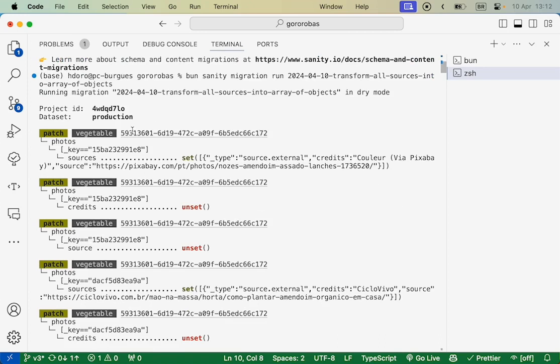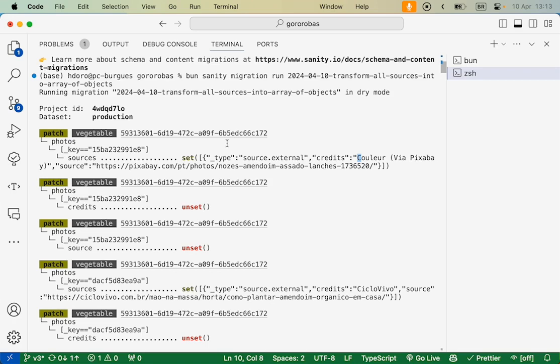So I can see for the vegetable X, or I guess this is for ads, that we are setting for the photos with the key X, that we're adding this source of type external, credits this, source this, and then we unset that. So this is for the photos array using the new photo with credits migration, which is perfect.